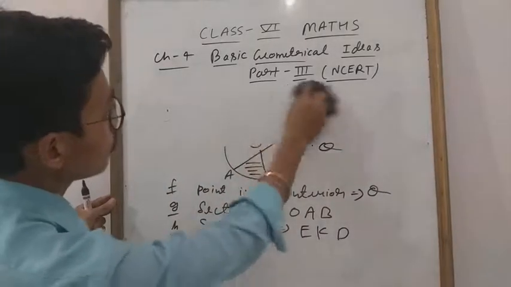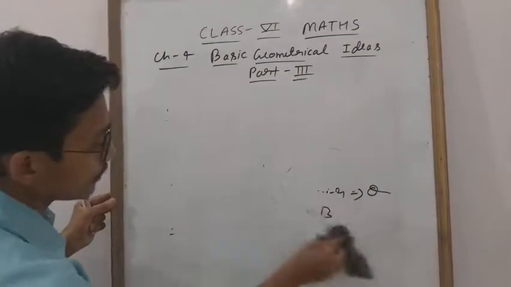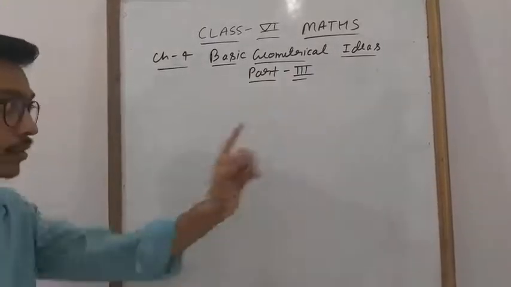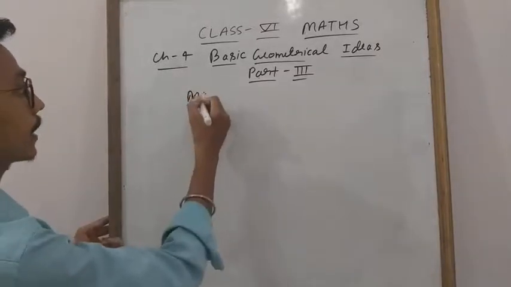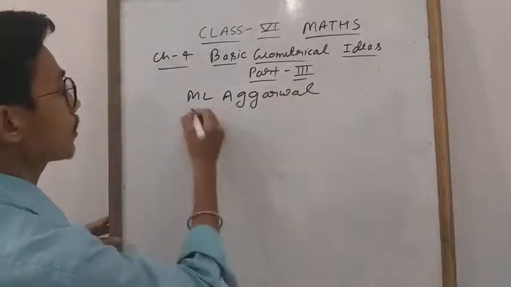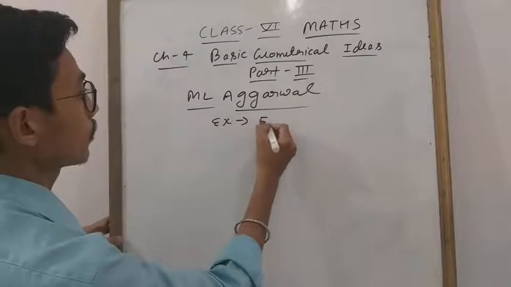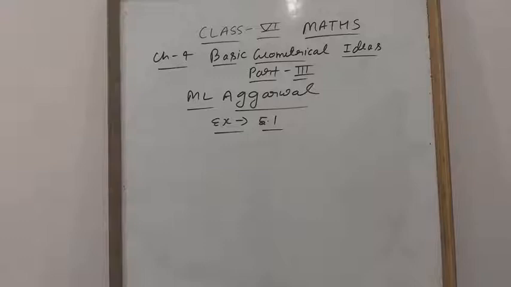Now we will do some questions of ML Agarwal. Clear? Achha student, ML Agarwal, this is given in chapter 5. So don't get confused. Okay everyone? In NCERT this is given in chapter 4 and in ML Agarwal this is given in chapter 5. Some questions only I will explain because all the questions are about the same. Exercise 5.1, we will start. I will explain only some questions because all are very easy and you will do them yourself. If I explain everything, what will you do?